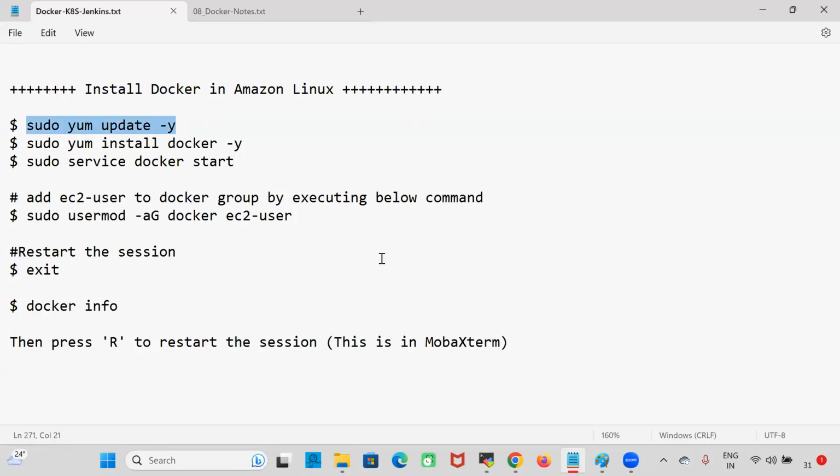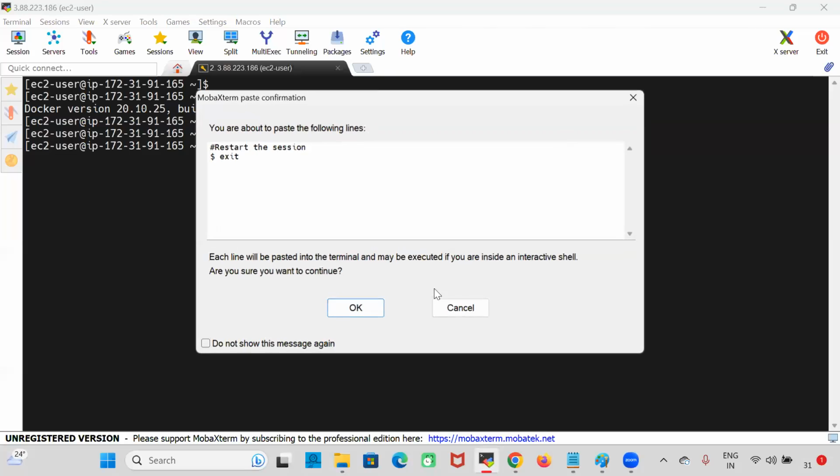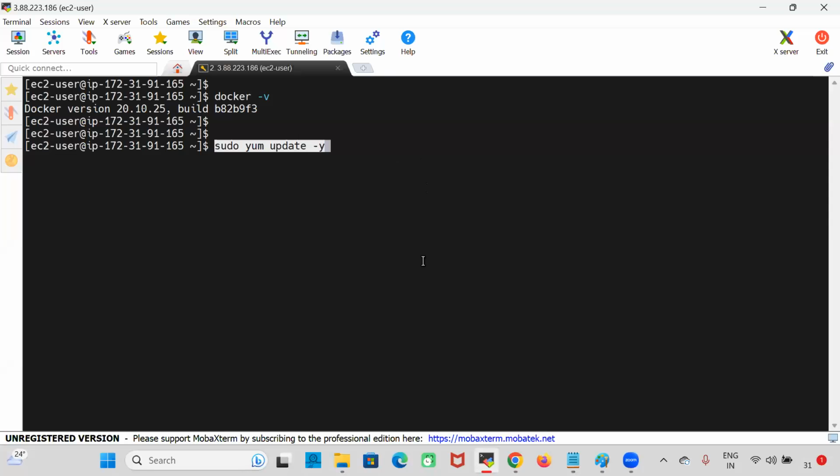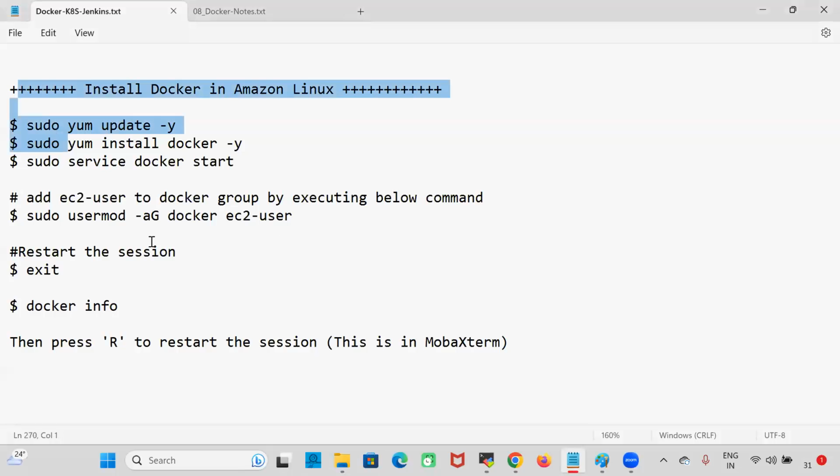I'm copying this command. I will go to MobaXterm and right click. In Windows, you copy this command, and in Linux, if you right click, that command will be pasted. Got it? Like this, we can copy and paste the commands from the notes and install the Docker